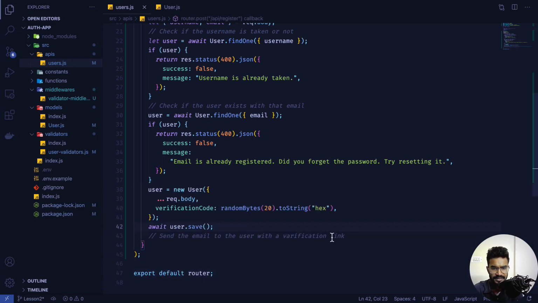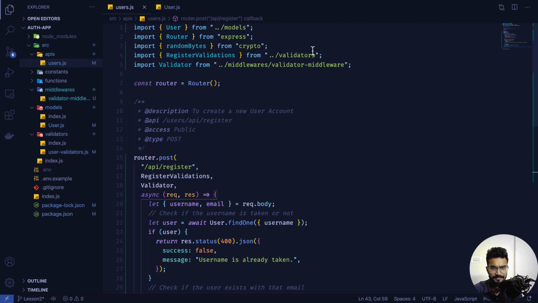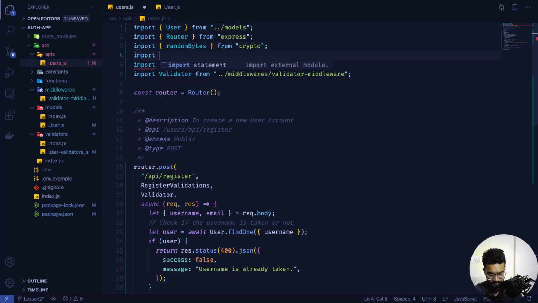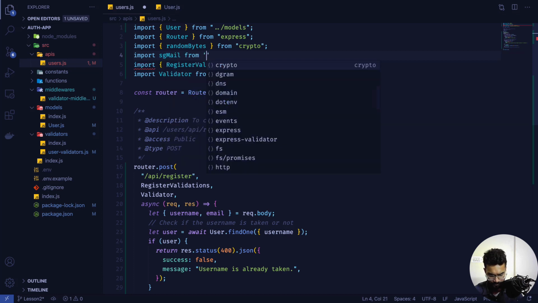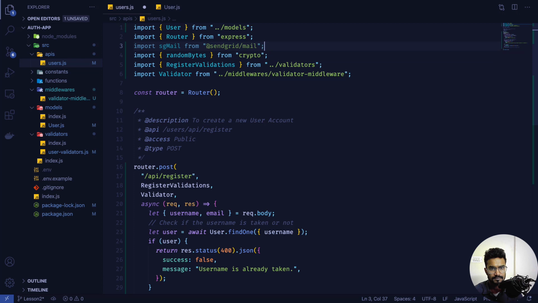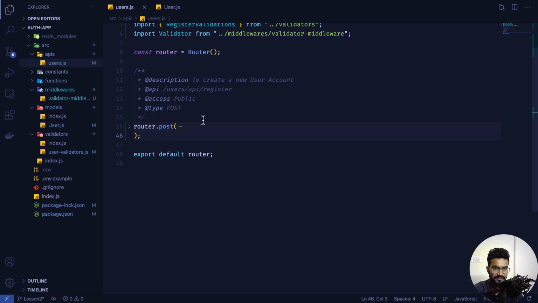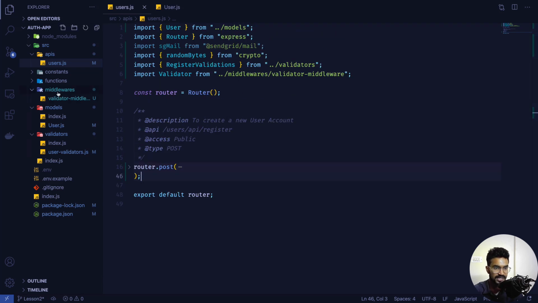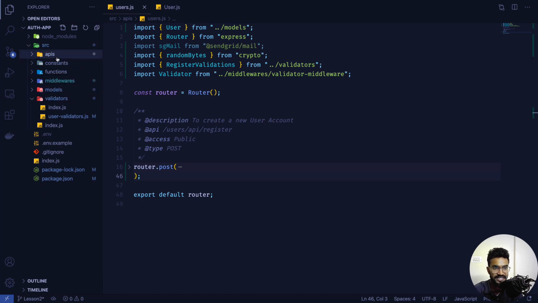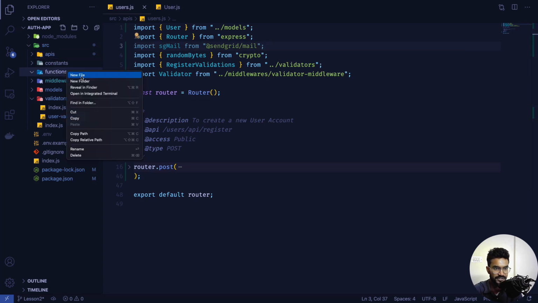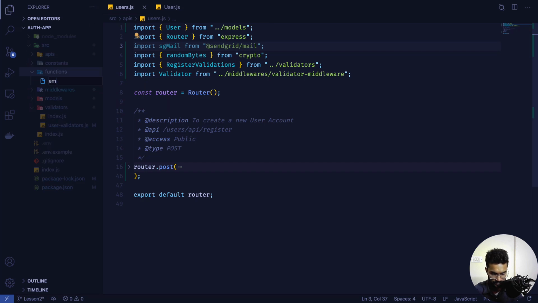Okay, and now here we can directly import that SendGrid. So import sgMail from @sendgrid/mail. Okay, and now we have to pull in our API key over here. So why not, we have to do this twice. One for the reset link, the other one for the password links. Why not merge these two tasks together? And actually a third one also, for sending some kind of confirmation to the email that your password has changed. So why not do that inside a function? So let's go ahead, create that email